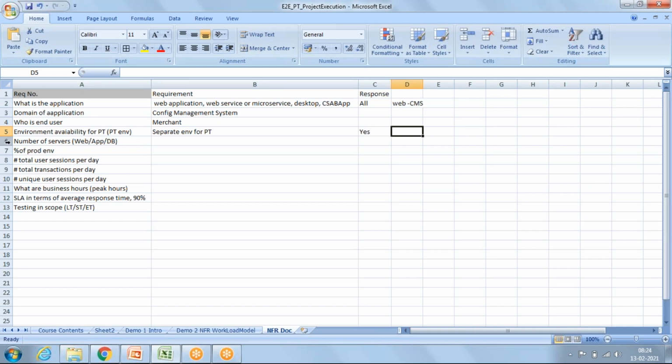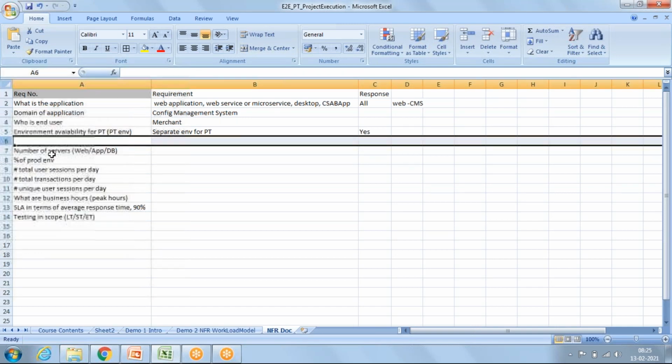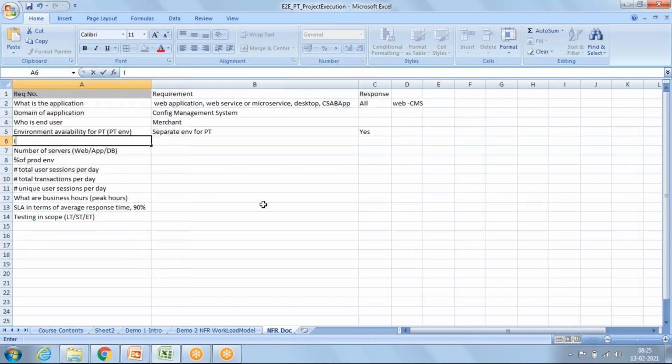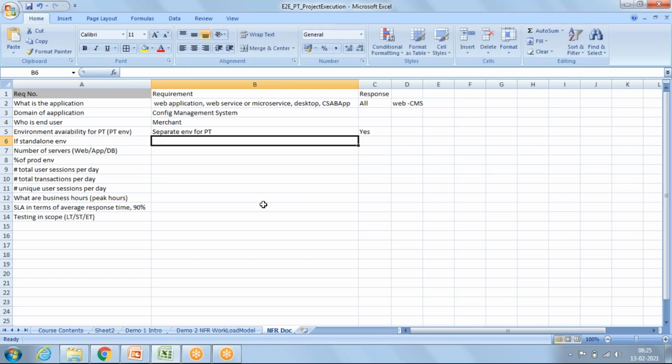So let's add one more question. Now you will ask whether it is specifically for PT or a shared environment.